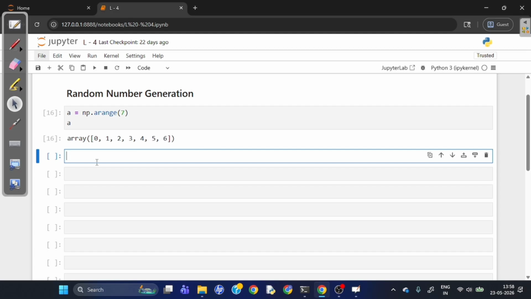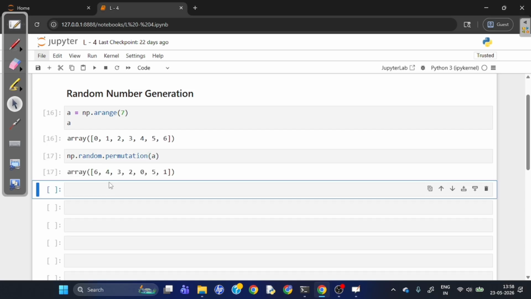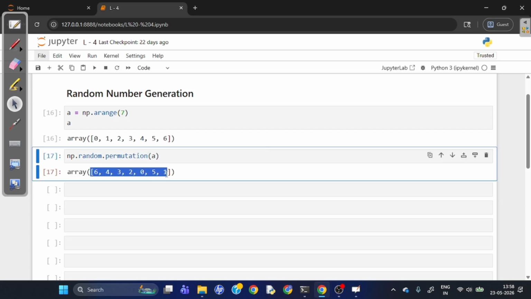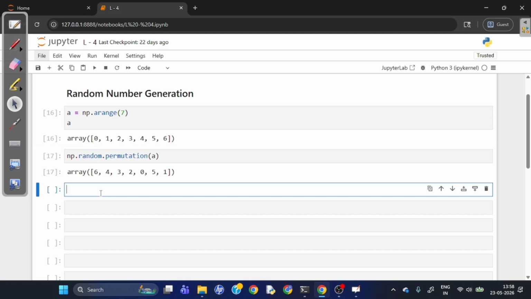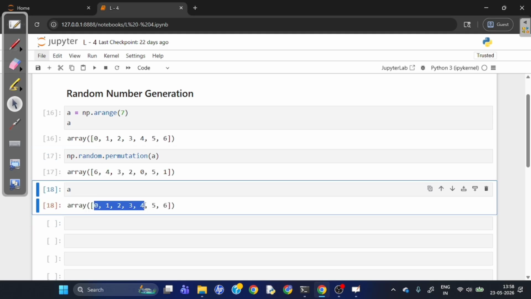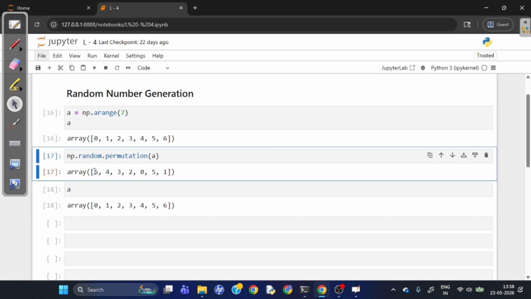For that I will write np.random.permutation and pass this array. What I get here is randomly shuffled data. The data in A is still the same, but this function has randomly rearranged the data